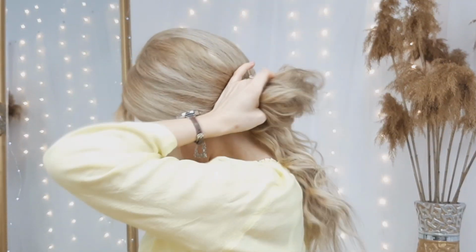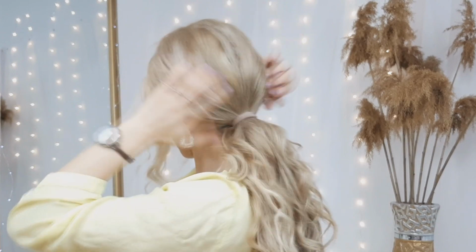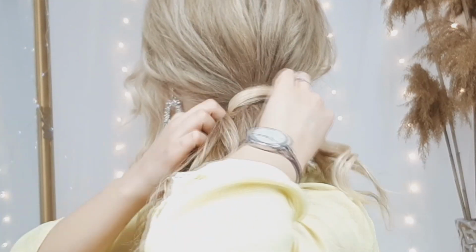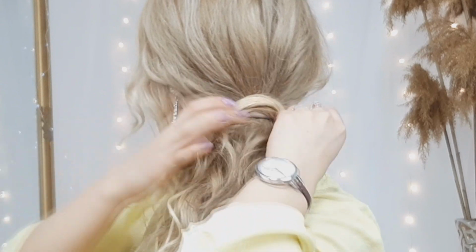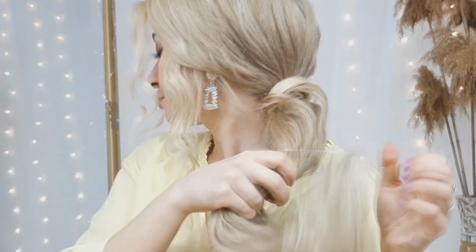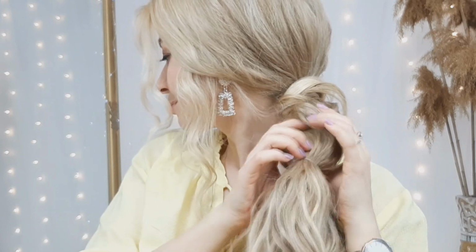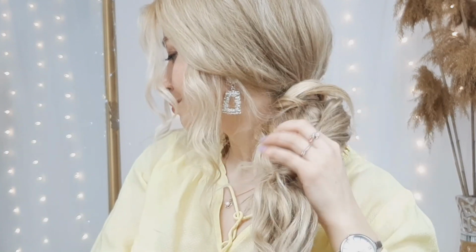And for our second hairstyle, we want to make a very low ponytail using an elastic. Pull the crown a little bit, grab a section from the ponytail, wrap it around the elastic and tuck it into the elastic like I'm showing. Spread this section over your elastic. Then you want to grab another clear elastic, tie it lower and make an opening. You want to bring the ponytail through it, pulling your hair from the topsy tail created,